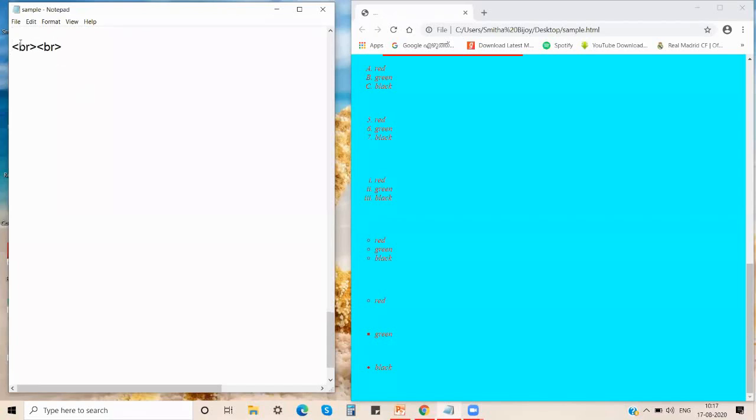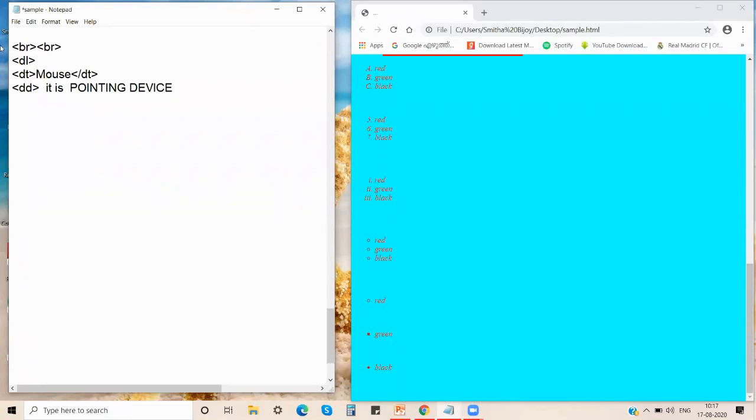For defining the definition list, first I'll give it as DL. Then the definition term I have to give, that will be given with DT. So for example, I'm going to write about a mouse. So I'll give mouse inside DT and then I'll close DT over here. Then I have to write about what that mouse is used for, right? So that I will write in DD. I'll write it as, it is a pointing device.